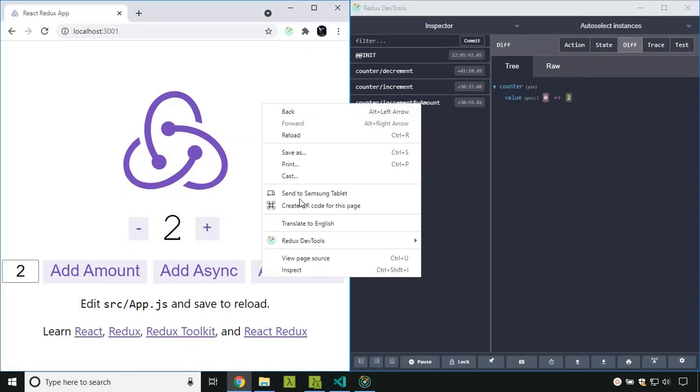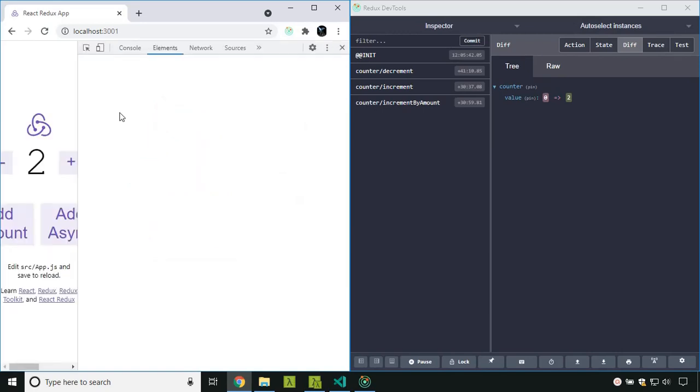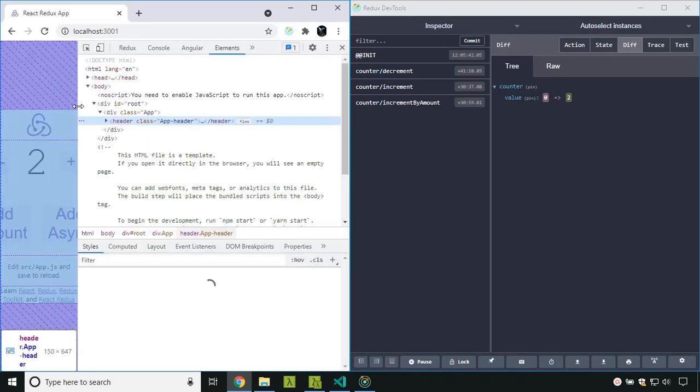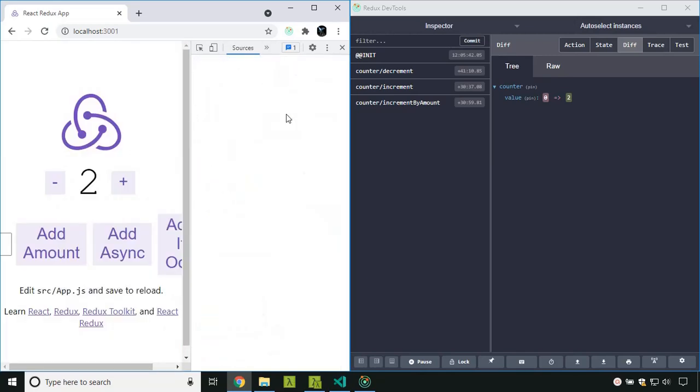So now let's see the code in action. Let us also add a debug point so that we can see the exact flow. So let's go to the source.